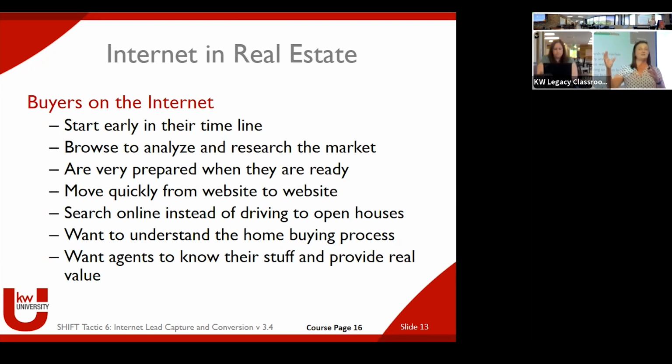My experience is more like 12 to 18 months sometimes is how far out some of these people are in their searching. They're glancing around at houses. They're thinking, sometime I'd like to buy a house, when they see my Facebook ad and click on it. But it's very, very early. And so that's why that long-term follow-up is so important, and doing it using smart plans and Command is